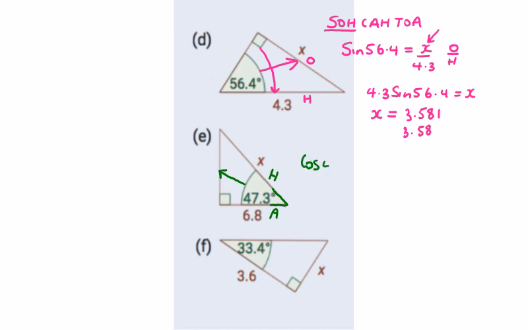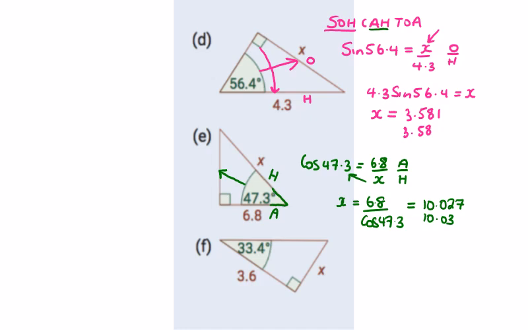The cos of 47.3 is equal to A over H, which is 6.8 over X. So when the unknown is on the bottom, they switch places, so we're going to multiply across by X and divide by cos, so we end up with X is equal to 6.8 divided by cos 47.3, and on a calculator 10.027,